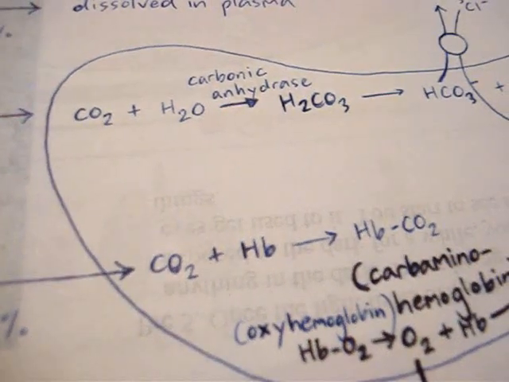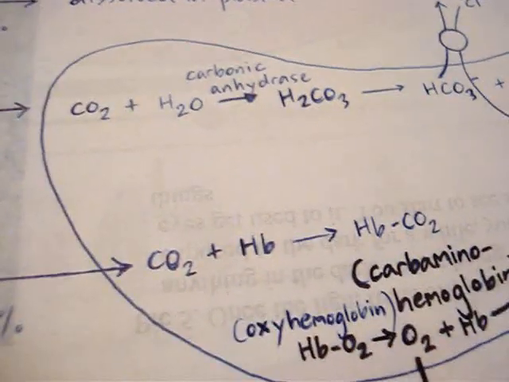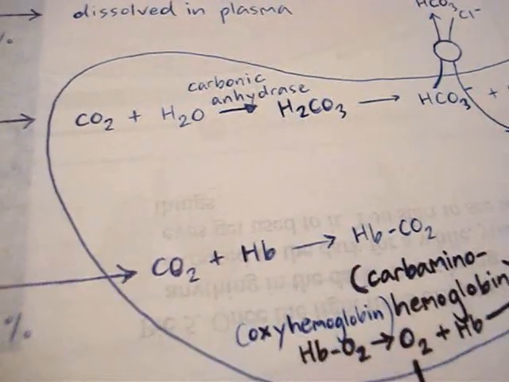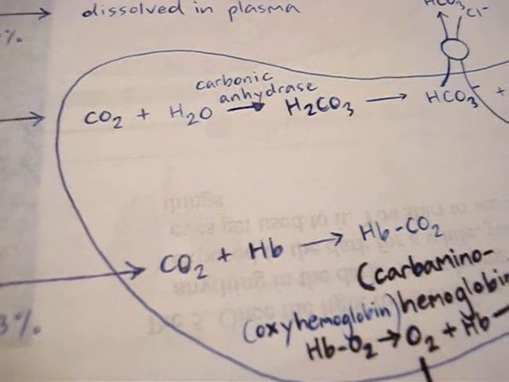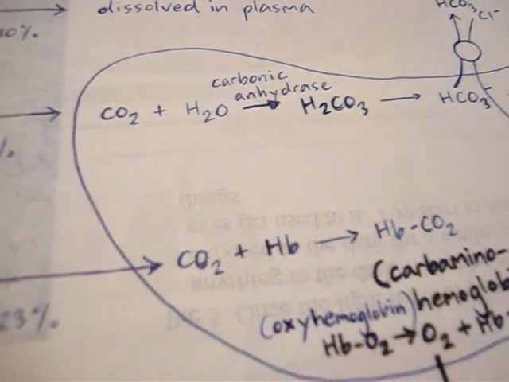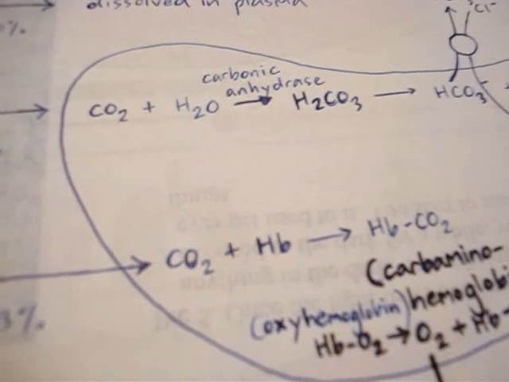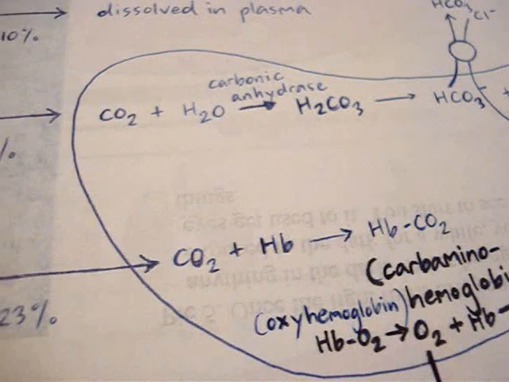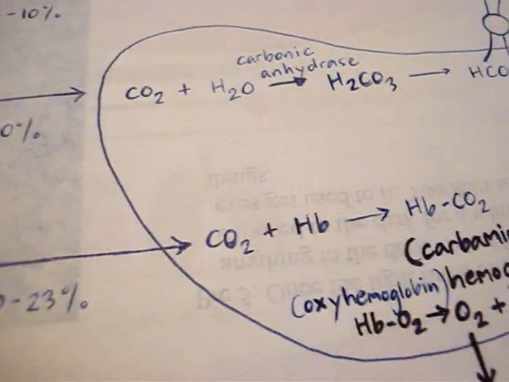It loosely binds to hemoglobin since, as you know, primarily oxygen binds to hemoglobin. But there's a different binding site for carbon dioxide, so they don't need to compete for binding sites. But yeah, the remaining 20 to 23% binds to hemoglobin